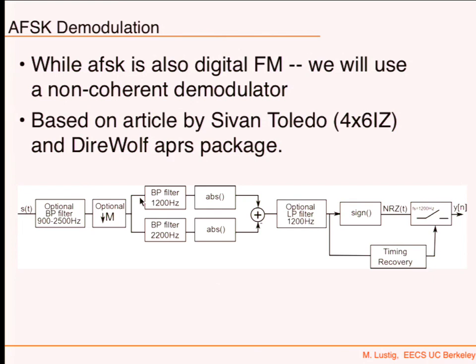Now, there's an optional low-pass filtering operation that you can apply here at 1200. Now, these are bandpass, and this is a low-pass. The reason that this is a low-pass is because now when you take the absolute value, everything is in the baseband. This is the envelope, right? So everything goes down to close to DC. It loses the carrier when you take the absolute value. When you do bandpass and then absolute value, you're just having a signal that switches between -1 and 1. It's not two frequencies that switch between them. Okay? So we're low-passing at a rate at which the bits come in.